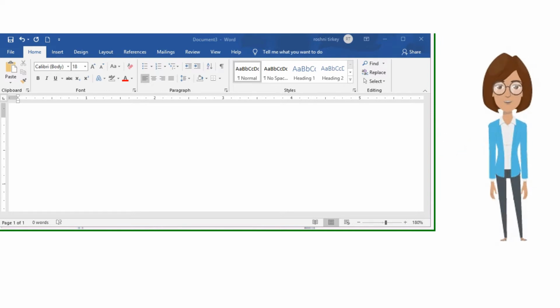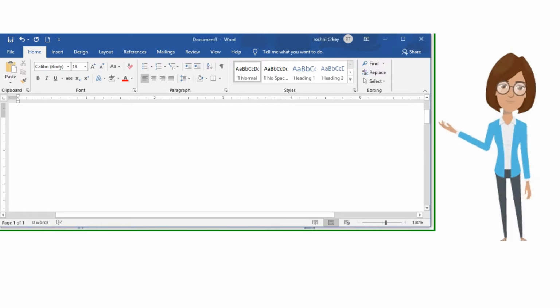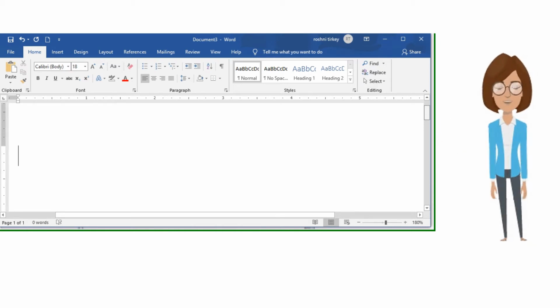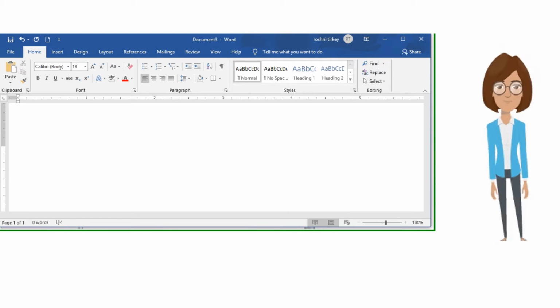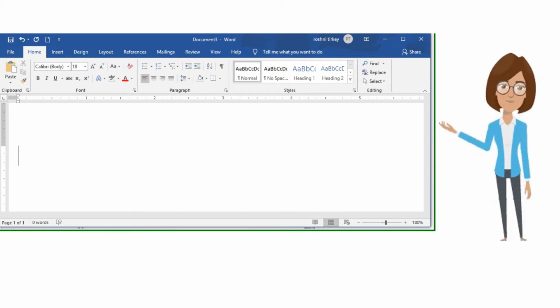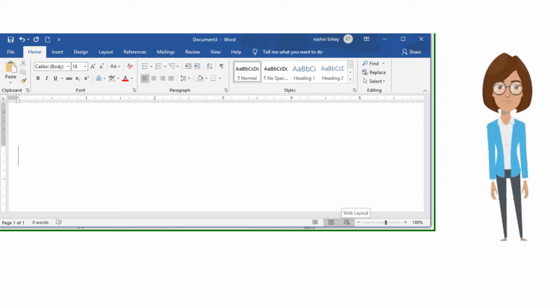Ribbon, cursor, document area, scroll bar, status bar, zoom button, read mode, print layout, web layout.